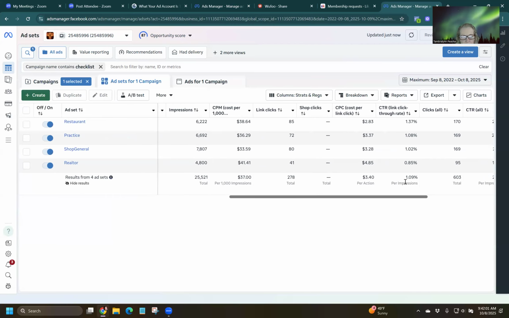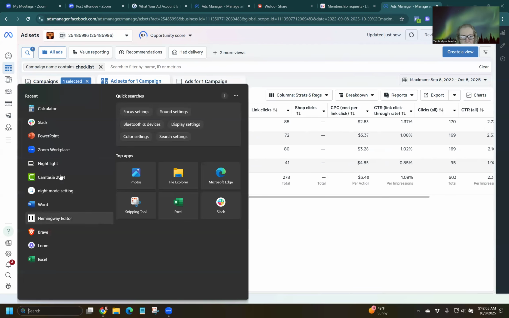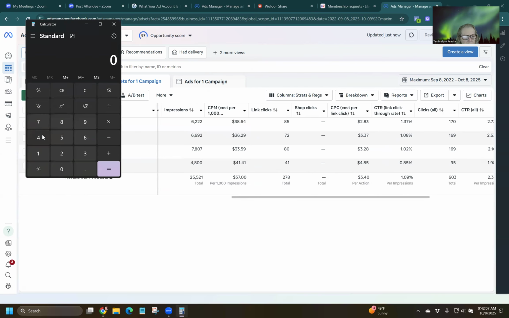112. Mm, so interesting. I love this stuff. It's like crack. So 112 divided by 278 link clicks, that's a 40% conversion. The other one was 15%. Same ad, you guys. Same images, same words. It was a different ad.